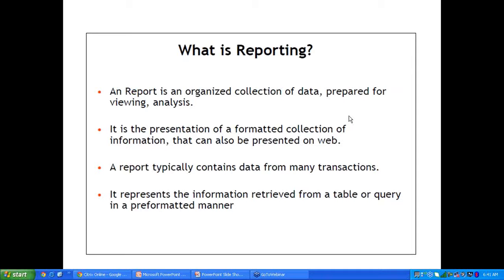So a report contains these many transactions, and it represents the information retrieved from a table or a query in a formatted manner. Where do we get the data for our report? From the DB. Whatever data is available, only that data we can display in our report. Without a database, we cannot display any data.